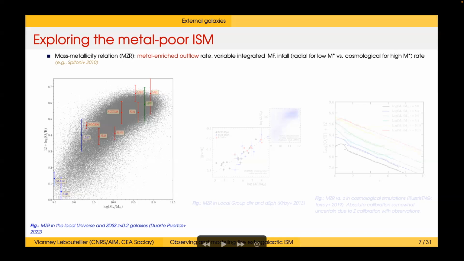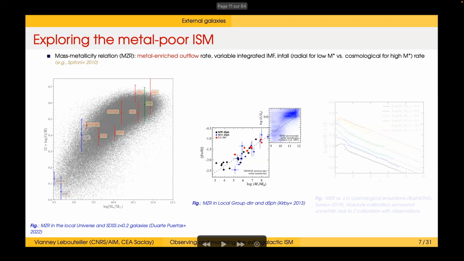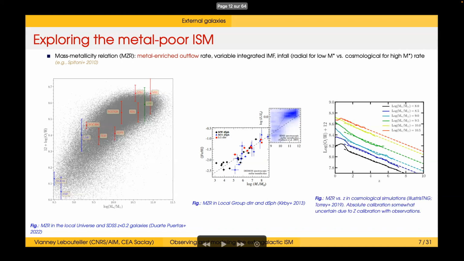And what I just want to show is that by accessing the LMC and SMC, you reach quite low metallicities already as compared to the Milky Way. And you can reach even lower metallicities with other dwarf irregular galaxies or dwarf spheroidal galaxies, down to very low levels of enrichment. And what's interesting is that such metallicities will correspond to the metallicity